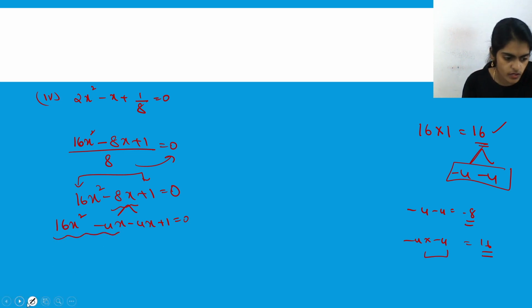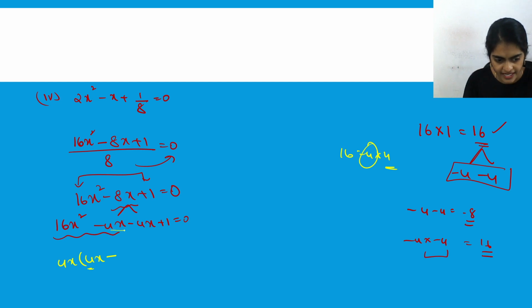Okay, and from these two terms, see what is common. I can take 4x common. So I'll have 4x again. See, 16 I can write as 4 4s. So 1 4 I am taking common, so 1 more 4 is remaining, and 1x I am taking common, 1 more x is remaining. And here entire 4x is common, so 1 will be remaining.